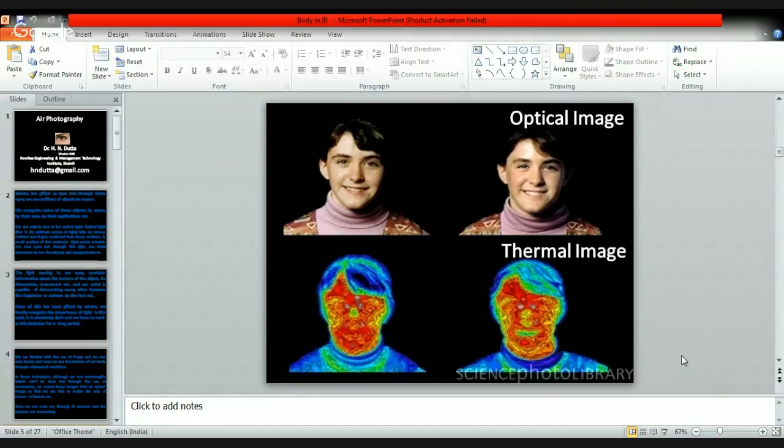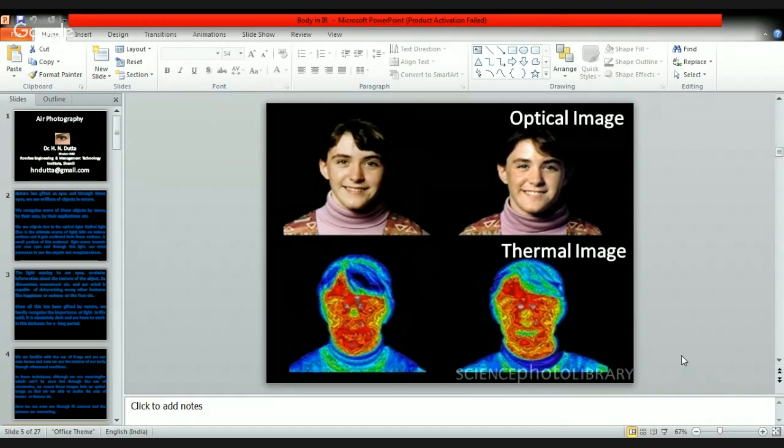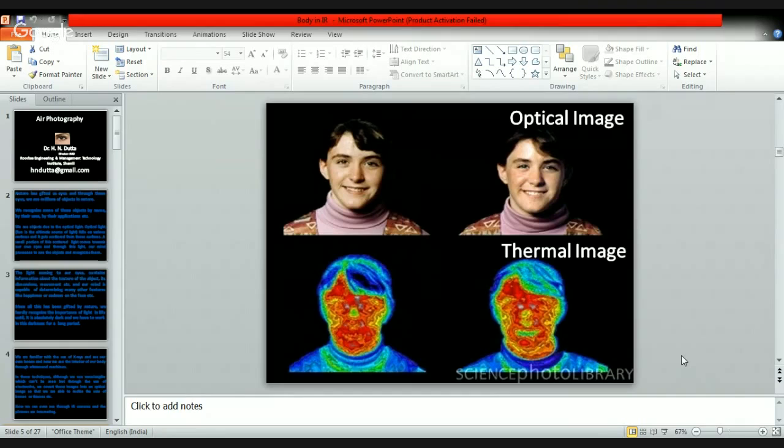See the optical image, we are seeing through the light, and this is the thermal image of the same person. In light, the reflection takes place from the uppermost surface, and in the thermal image it is the highest possible temperature from where the image has to really emerge, and the camera will then convert it into a thermal image which can be seen by our own eyes.